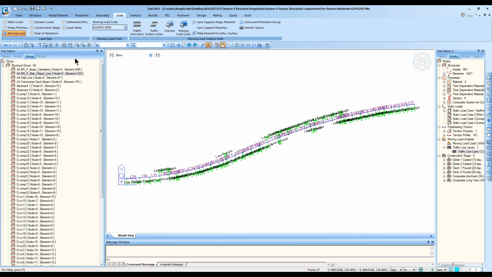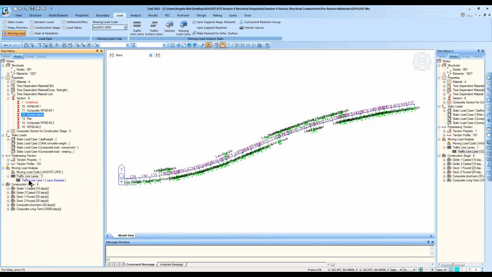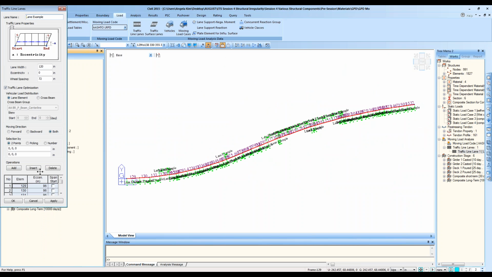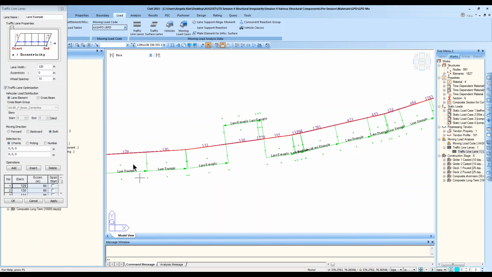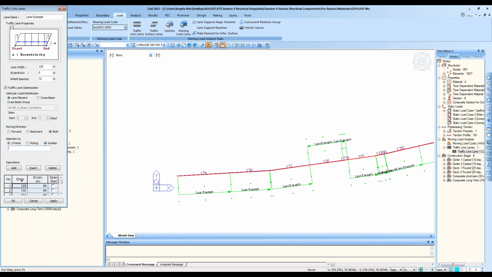Right now, I define my lane to be covering these element IDs. However, the element ID that I inputted over here is in the order of increasing magnitude, but in reality, they're not really put in